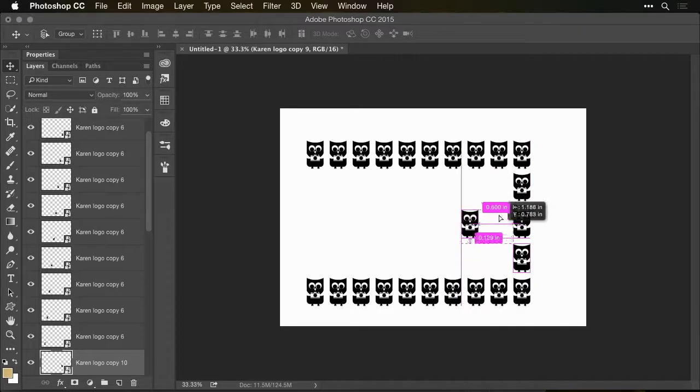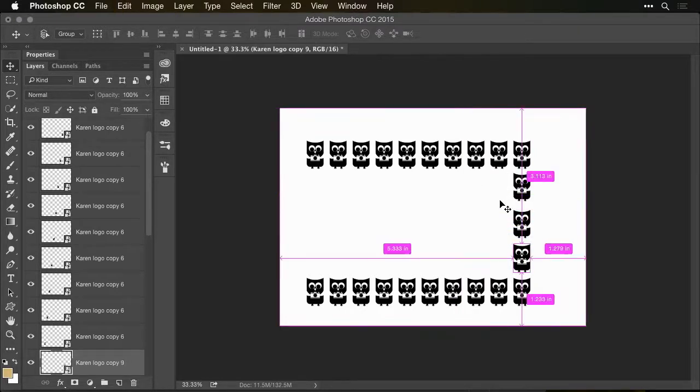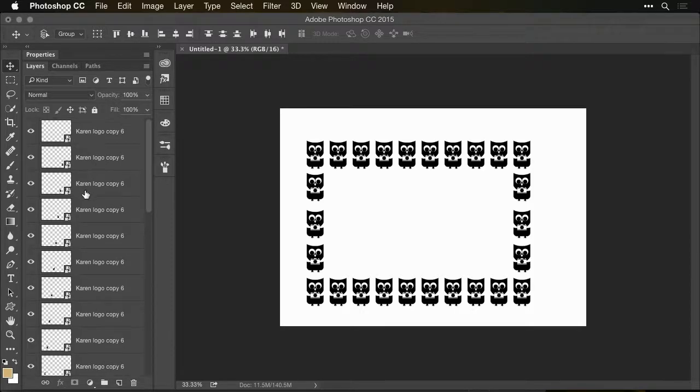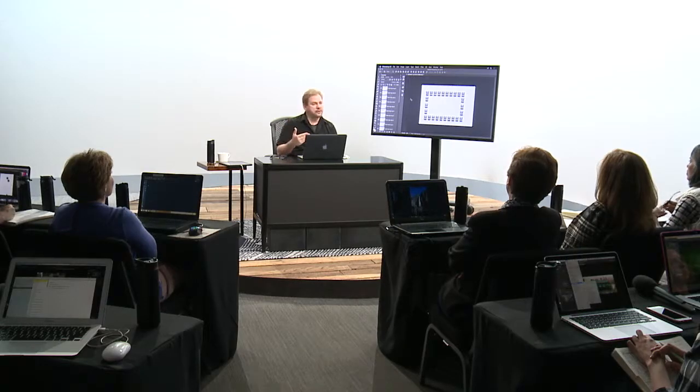And then I'm going to select, oops, didn't mean to hold Option there. Then I'm going to select these middle three, and I'm going to hold Option and move them over here. There, we got our little border, right? All sorts of things. Now, if you want to edit the contents that was originally put into that smart object,